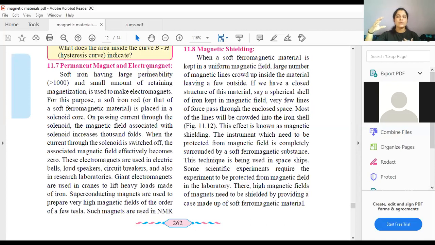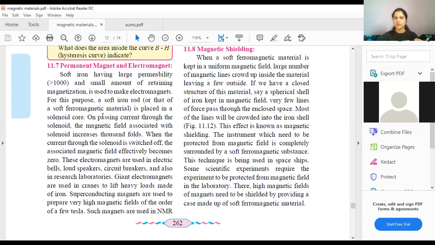But as soon as you remove the solenoid, which means as soon as you remove the external magnetic field, in case of a solenoid this external magnetic field is because of the current that is flowing through the wire, so as soon as you stop the current, the external magnetic field is gone, and the dipole moments inside the paramagnetic material will again go into random direction. So it has lost its magnetism. It cannot retain its magnetism. Such types of materials which show magnetic properties only in presence of current are called electromagnets. That is what they have written over here.